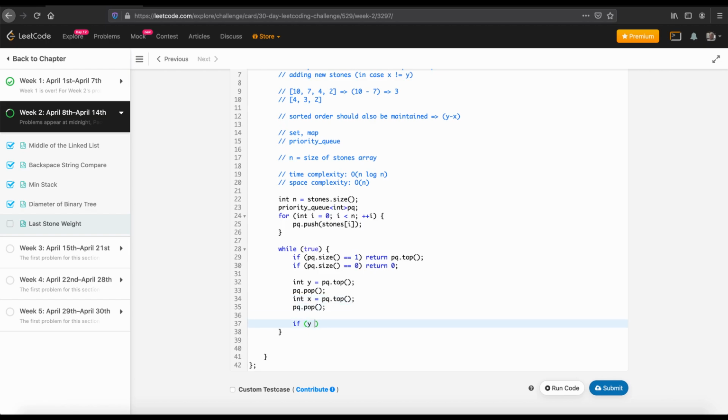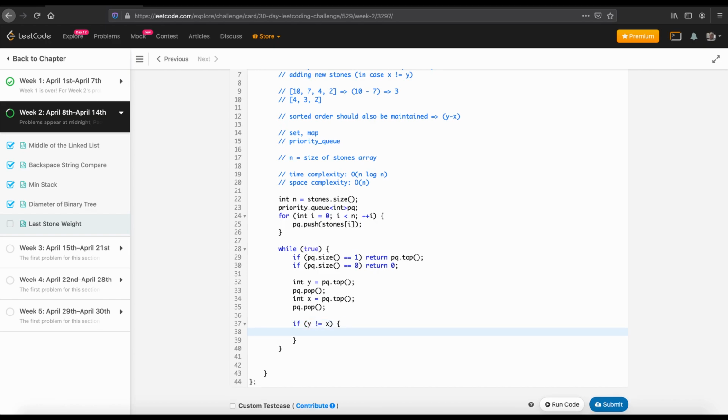So if y is not equal to x, then we're going to insert the difference. So pq dot push, we insert the difference, which is y minus x, where y is the bigger one, and otherwise we will not insert anything. We'll just repeat the same thing again. So we are just popping out two things and pushing another new value if both are not the same, otherwise both will be destroyed. So the loop will continue again, and it will go here,